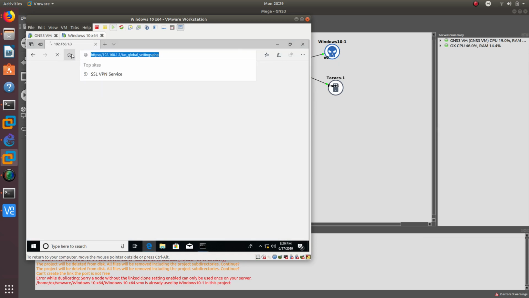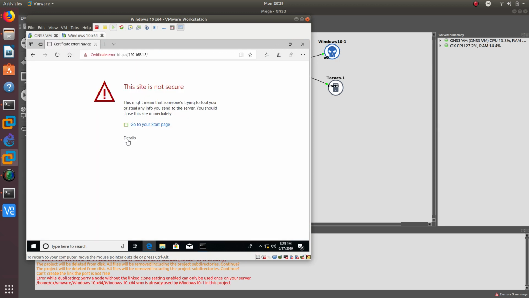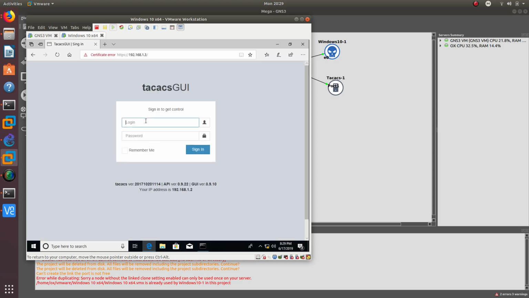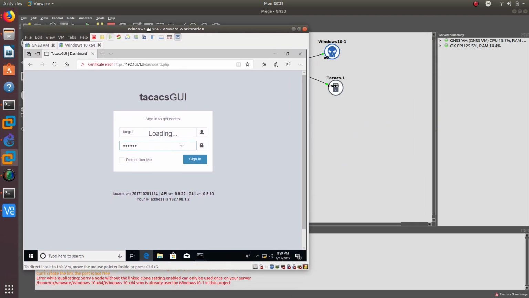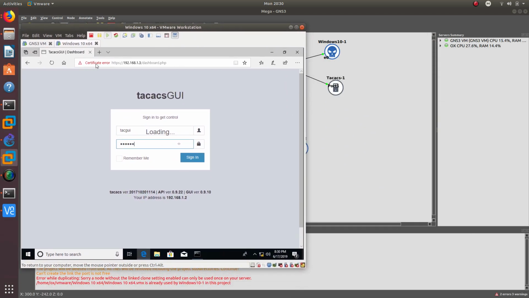And since I'm able to ping the TACACS server now, then I should be able to go to this TACACS server, 192.168.1.3. Details is going to give me a certificate error, but that's fine because I know that it is secure. And the login for this is going to be tag GUI, and the password is ABC123,